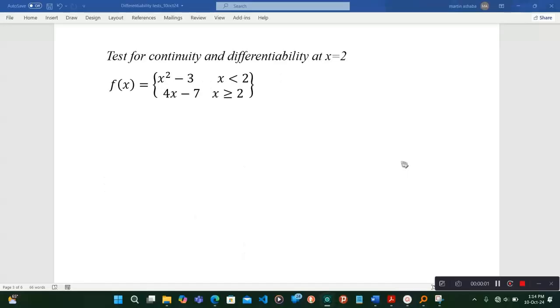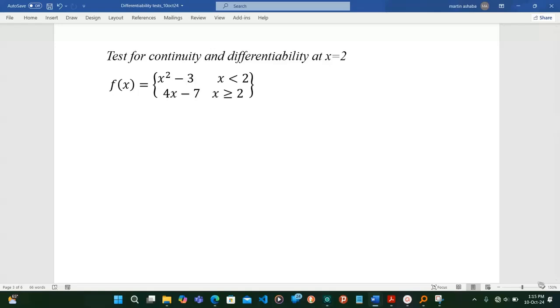Hey members, not every function that is continuous is differentiable at that particular point, but all functions that are differentiable at any particular point are also continuous at those particular points. In this lecture, we discuss how we can test for continuity and differentiability at x is equal